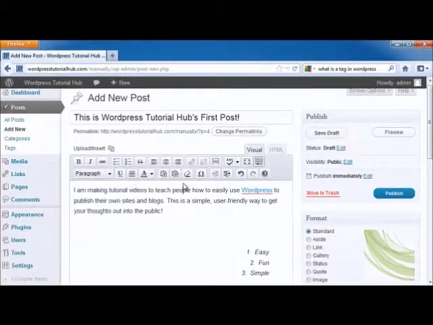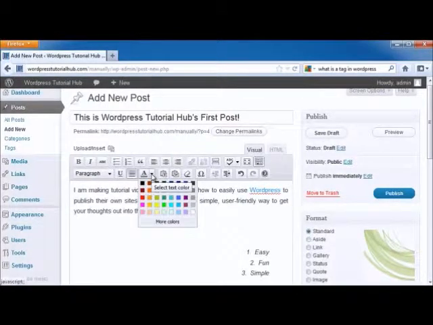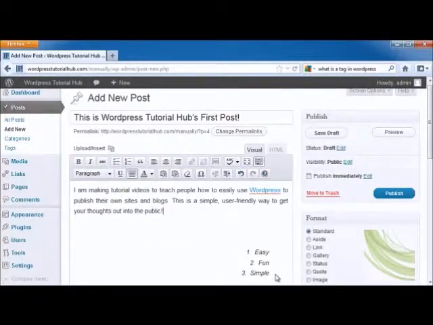whether I want to underline it, whether I want to do a full alignment, which will fully align on both sides. You can choose the color of your text. You can choose if you want to paste as plain text or as Word. You can remove the formatting, you can insert a custom character, you can indent, you can undo, or you can ask questions. So right now I'm going to go ahead and left align those words,